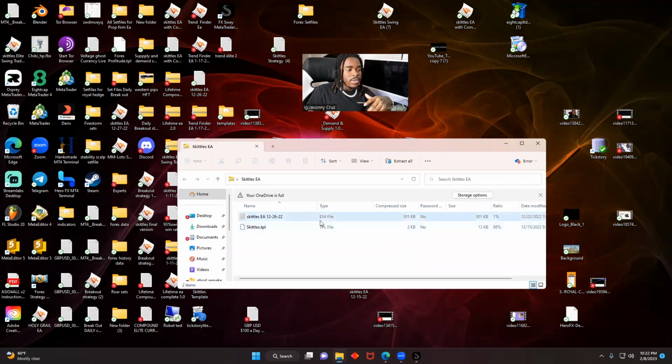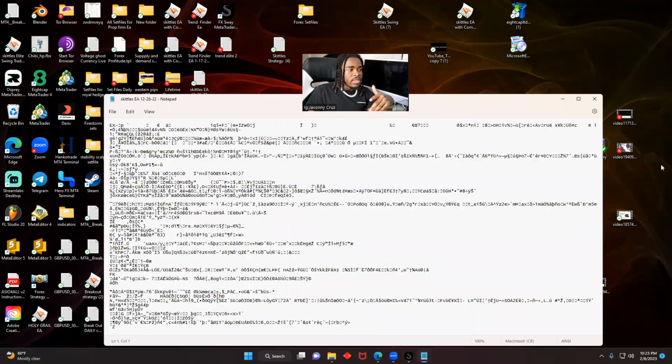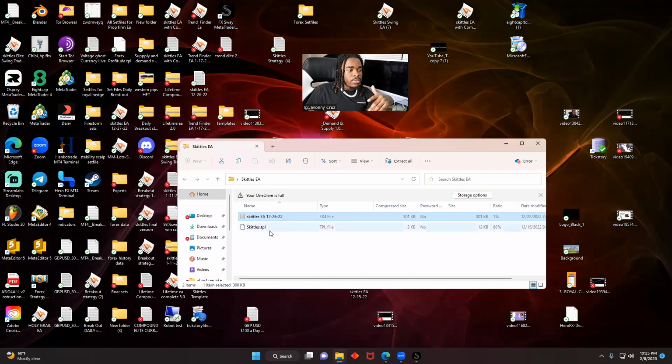All you have to do is get the EX4 file. You do not open it, because if you click on it, it's going to look like this, a whole bunch of coding gibberish. What you want to do is copy it, right? You want to right click, copy the file, copy the EX4 file, right? And once you copy it, what you want to do is go back to your